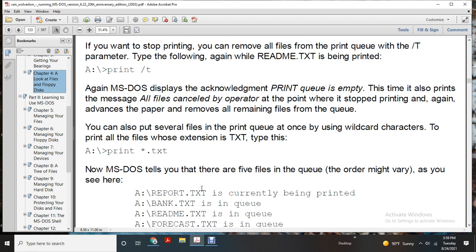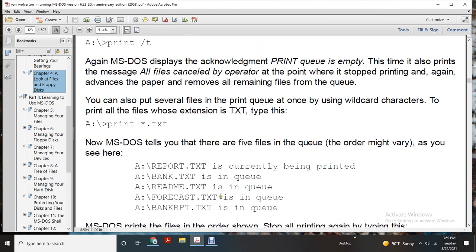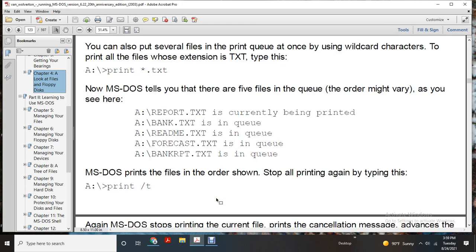You can also put some of the files in the print queue at once with wildcard characters. Print all the files with the extension text with the print wildcard text. MS-DOS tells you the files in the queue, and 5 files in queue may vary. Then show the queue with all of the text files on A drive. MS-DOS prints the